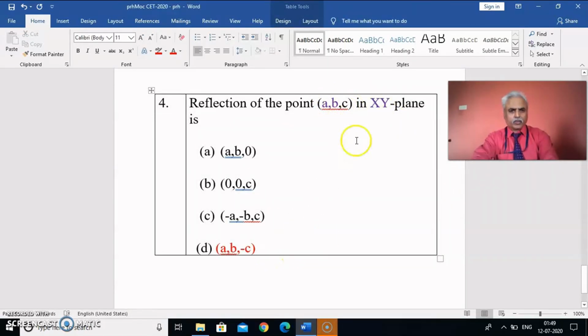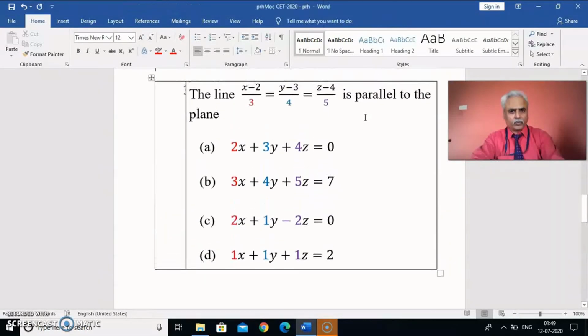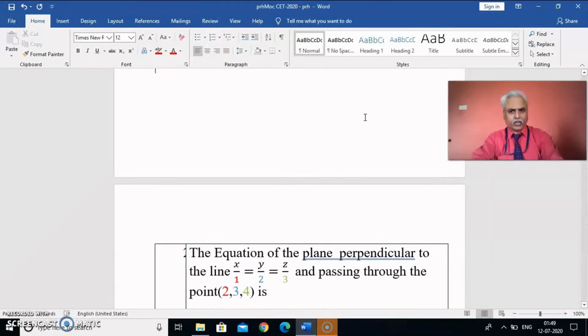With the note that because only XY plane reflection is asked, XY remains the same, C becomes minus C. So can you tell me, if it is the XZ plane and the same reflection is asked, X and Z remain the same, B becomes minus B: A, minus B, C. So once again I'll go through all these 4 questions before I say bye and wish you the best again. Let me see whether you can tell faster than the first time.